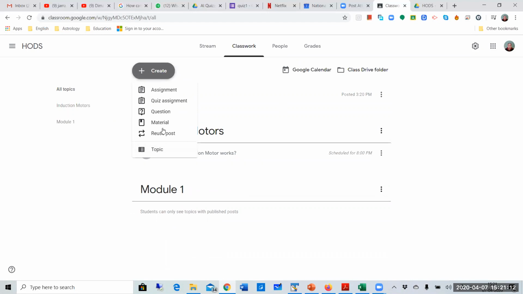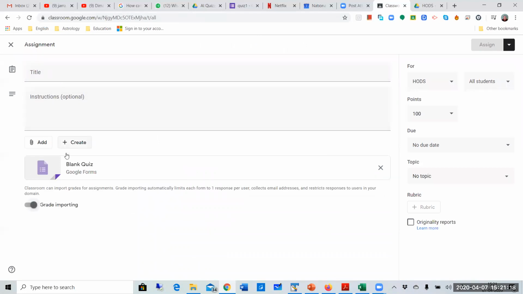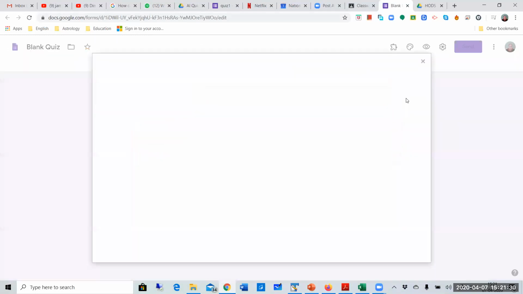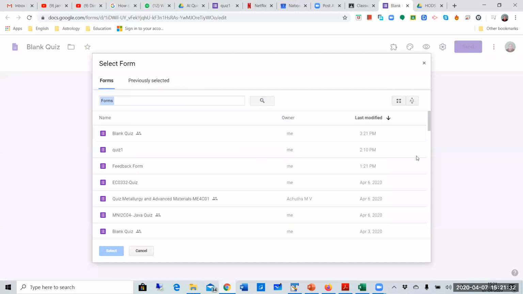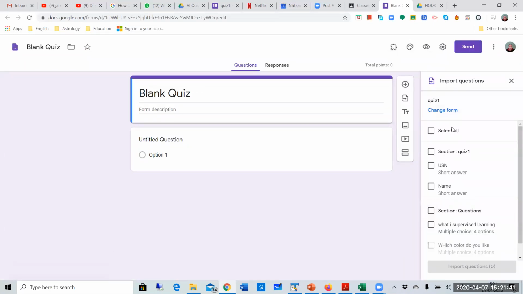Second part, you can give a quiz. Once you say quiz, it will create a blank quiz for you first. So you click on this blank quiz and you can assign any quiz that you want over here. For example, you had created a quiz earlier, one that was done and given to somebody, so I'm selecting that. Once you select that, it will ask me,